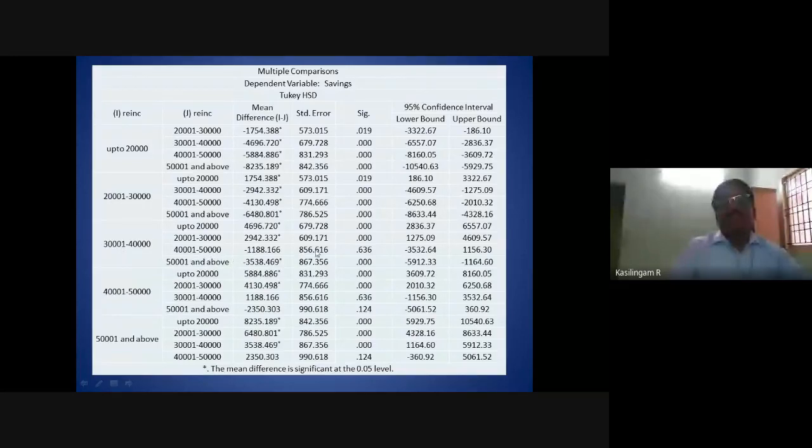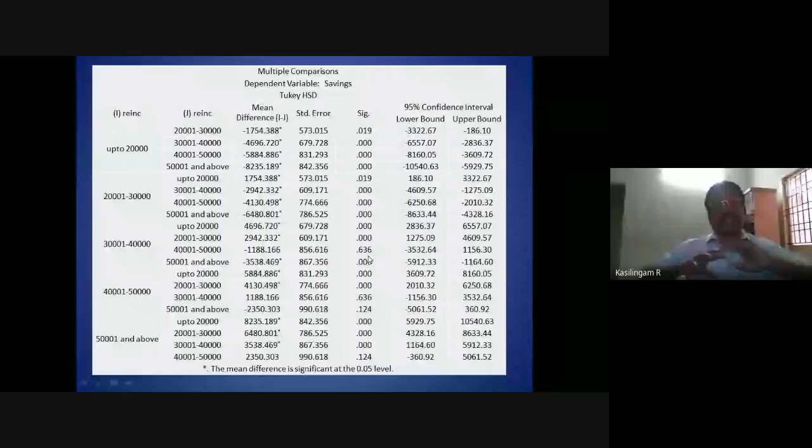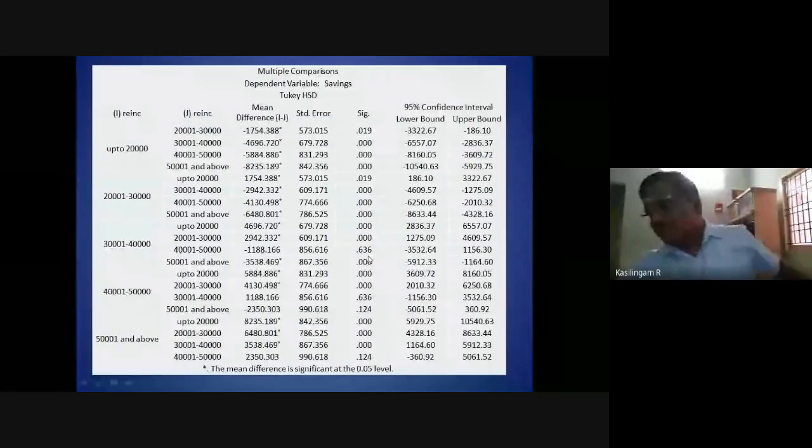Look at the significant value. It is 0.636, which means greater than 0.05, which means there is no difference. That is what we have stated in Duncan. So here you get the significant value also for each difference. So now each group compared with another group, what is the mean difference?